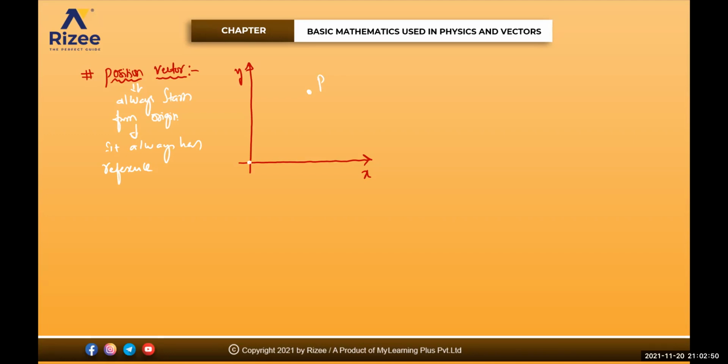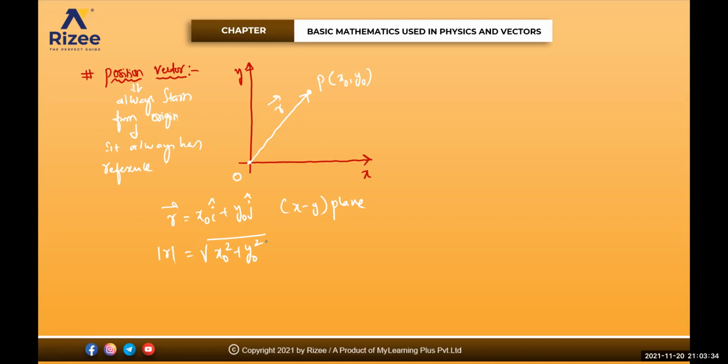Where that point P is, I can tell you from this origin only. Like say, if I draw a line like this, it will be the vector r bar. So P coordinate will be x naught comma y naught. So vector r bar will be equal to x naught i cap plus y naught j cap. So this is the position vector. In which plane beta? XY plane. It is in your XY plane. So magnitude of this one will be under root of x naught square plus y naught square. Got it, everyone? Yes, sir. Position vector always has the origin beta and it always has a reference point.